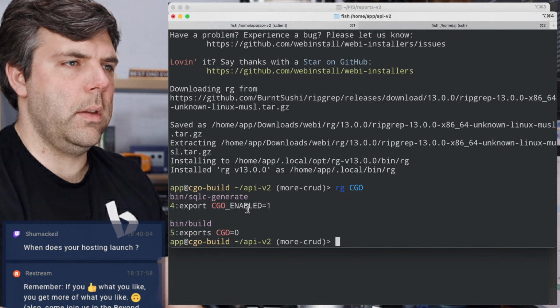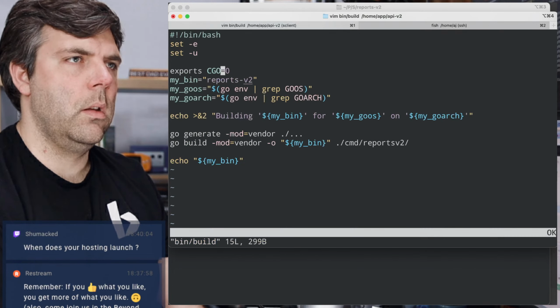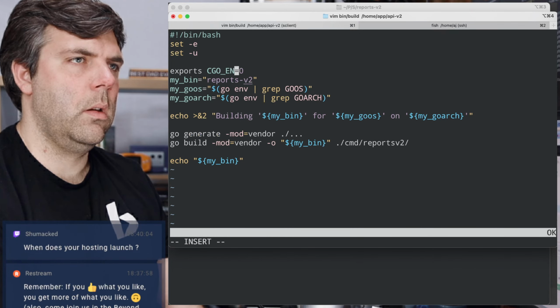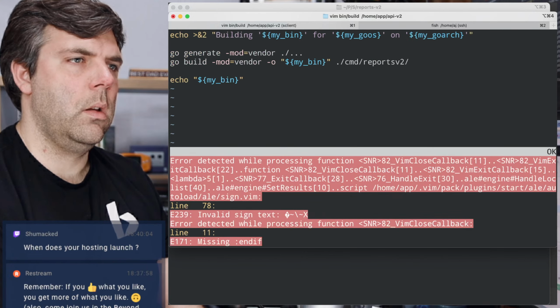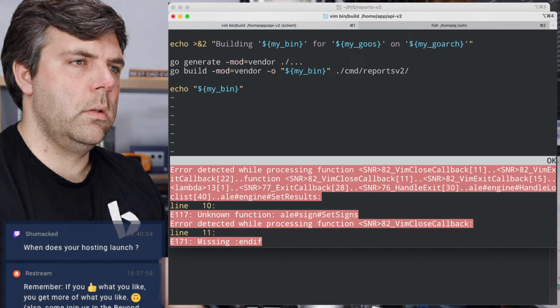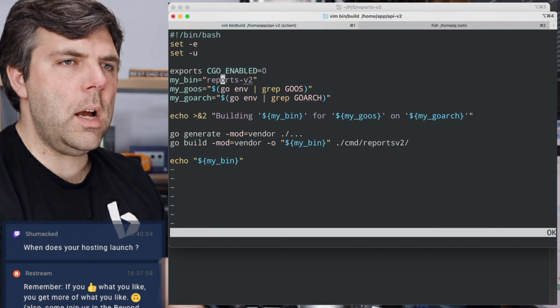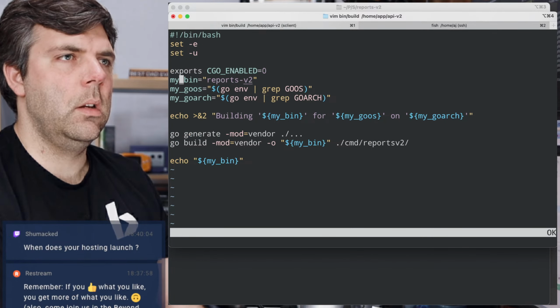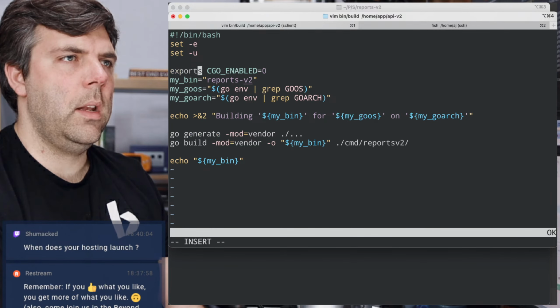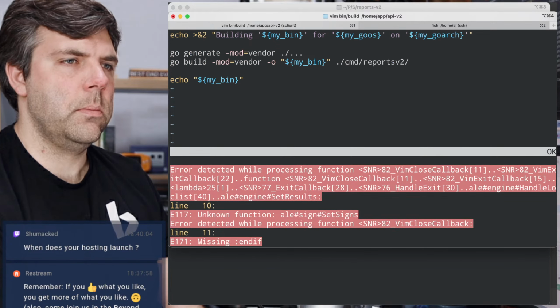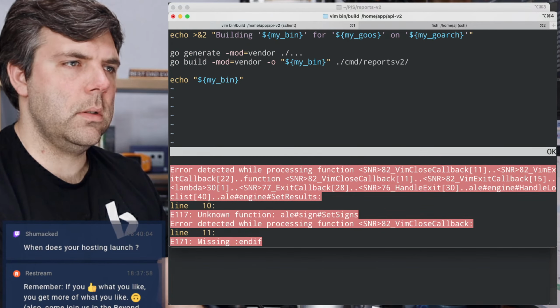CGO enabled equals 0. That's what we need. Stop. Missing end if. What is it talking about? Oh, and not export, but export, not exports.